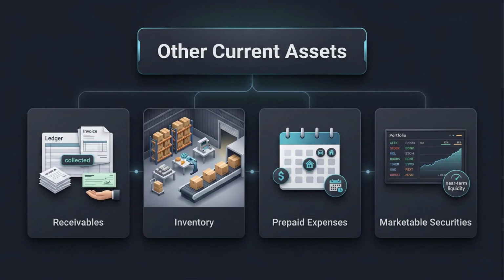Beyond cash, several asset categories commonly qualify as current. Trade receivables are current when they are expected to be collected within the operating cycle. Inventory is current when it is expected to be sold in the normal course of business. Prepaid expenses are interesting because they may not turn into cash directly, but they are current because they prevent a